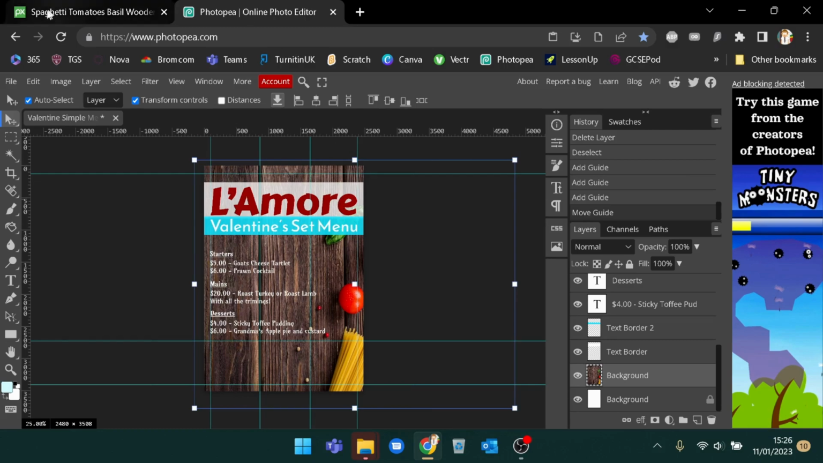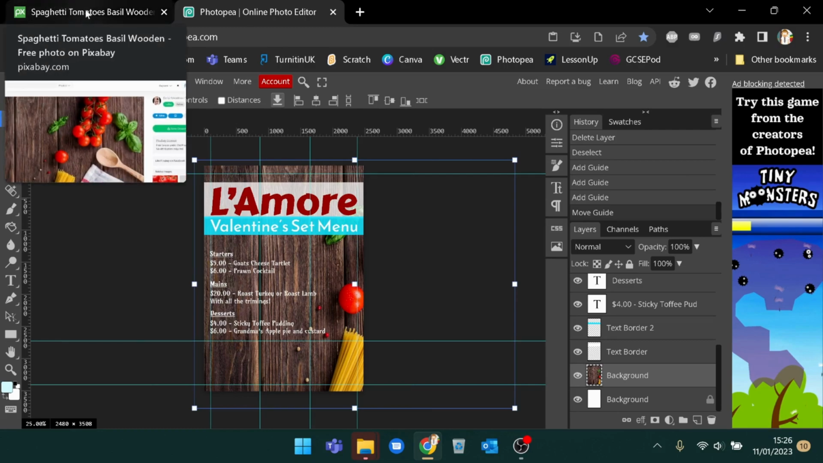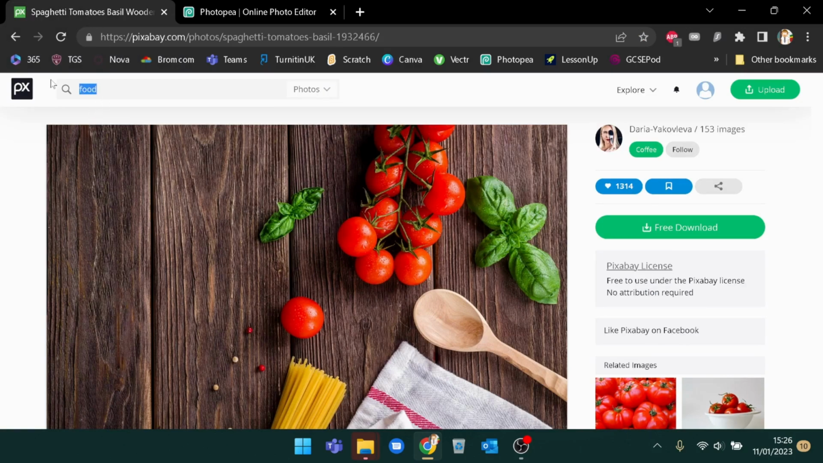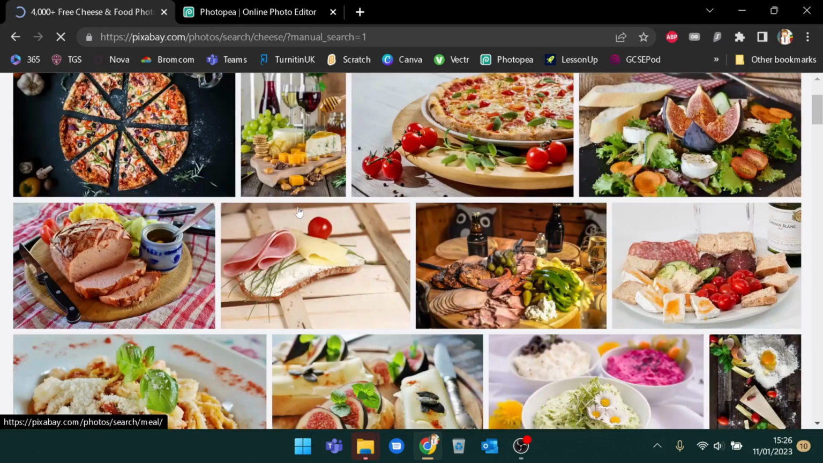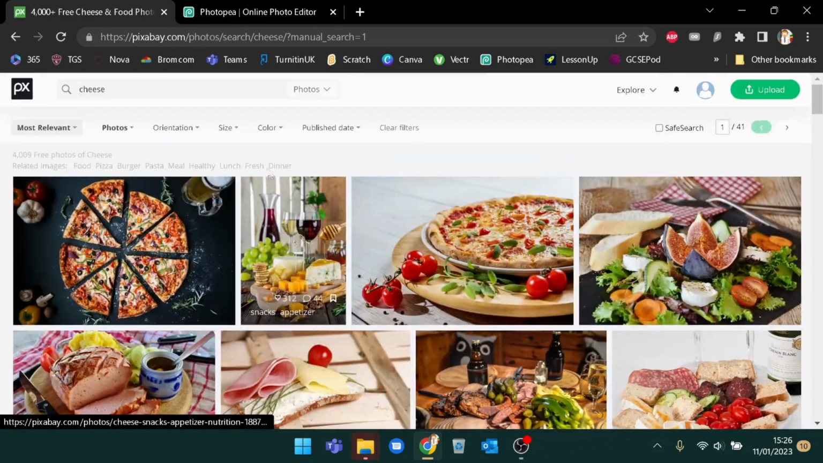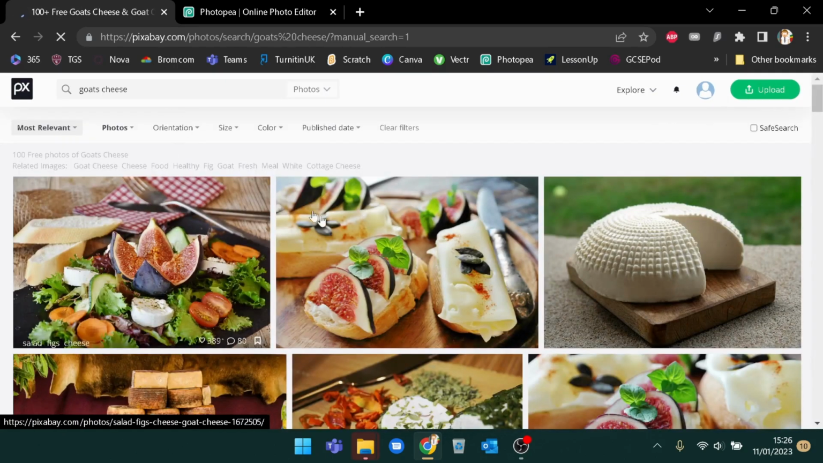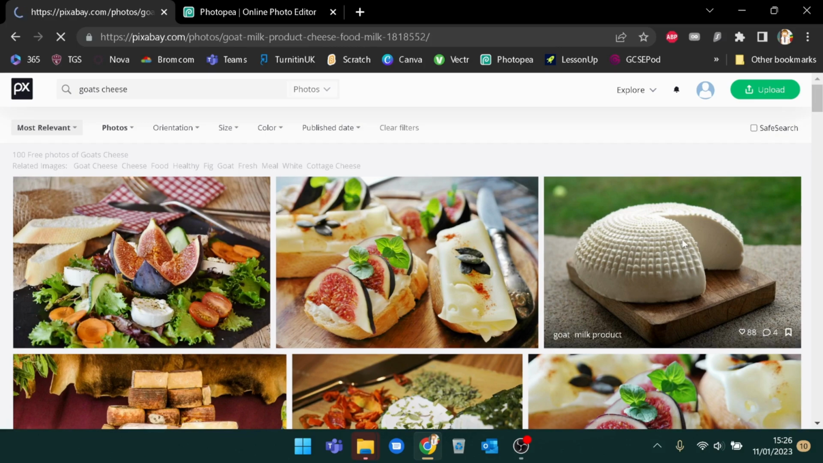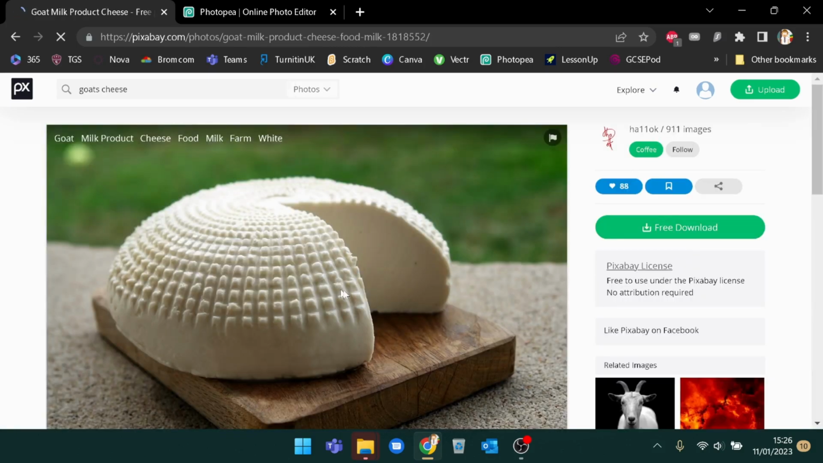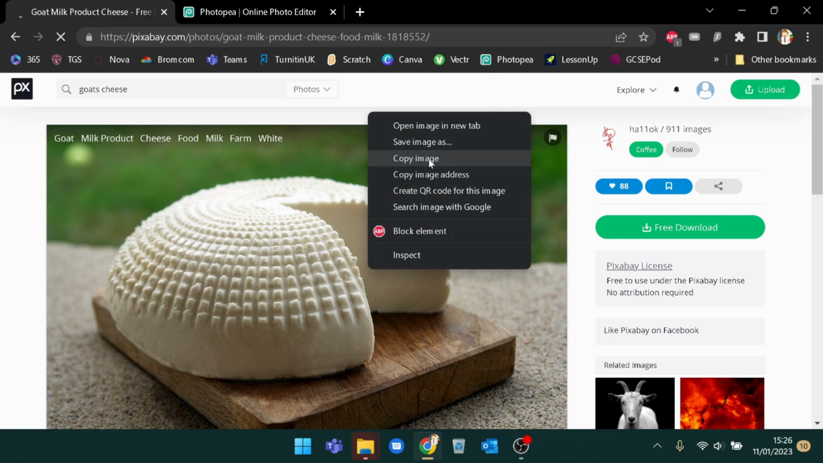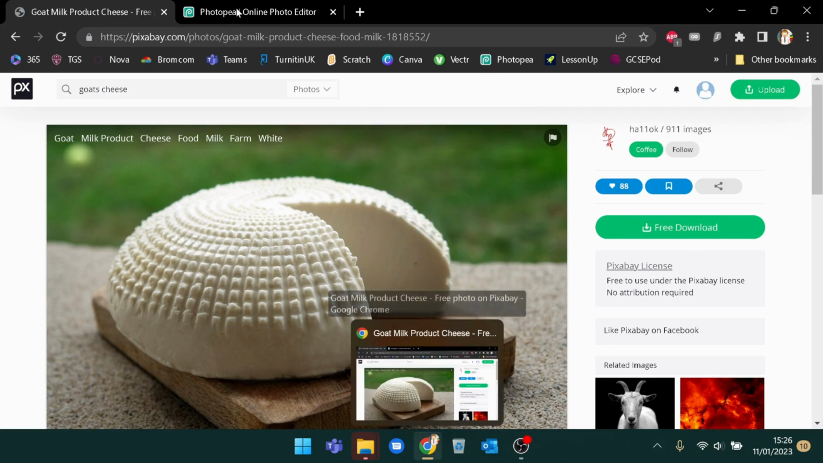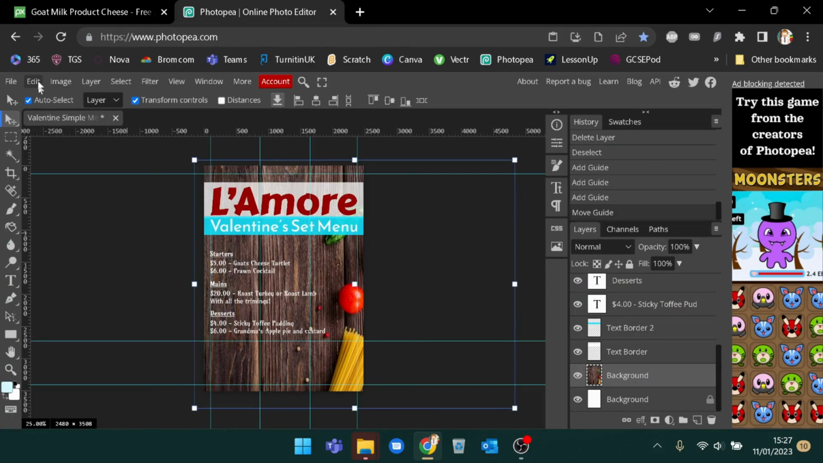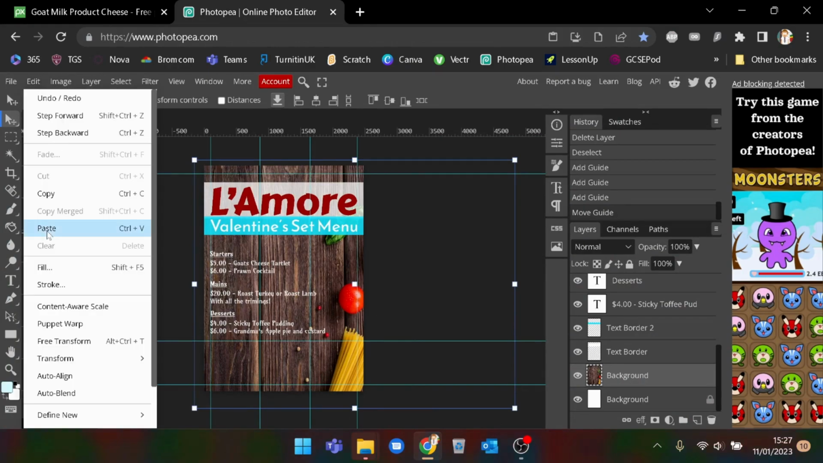images. So I'm then going to go back to Photopea, and I'm going to find cheese, okay, because we're doing goat's cheese. In fact, let's see if we can go for goat's cheese. What's goat's cheese even look like? There you go. So we'll get the image of our goat cheese. Like before, right click on the image, I'm going to go to copy image, I'm going to go back to Photopea, I'm going to go to edit, I'm going to go to paste,